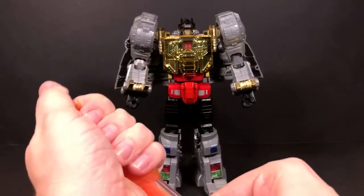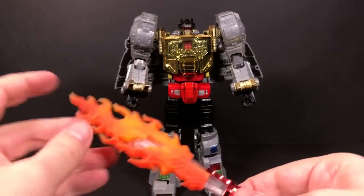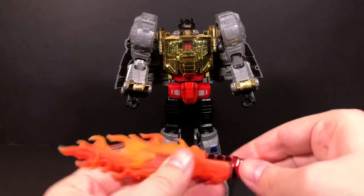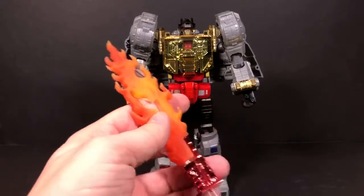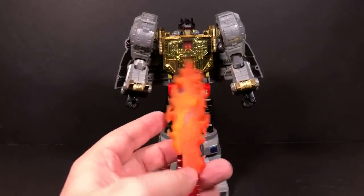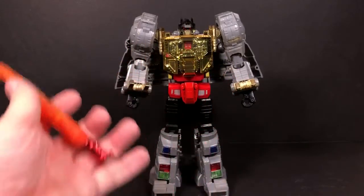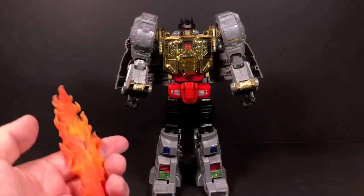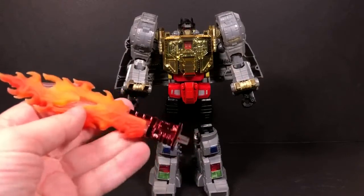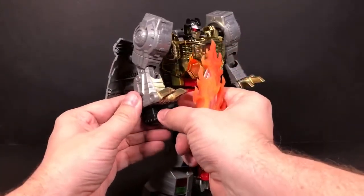and just use a little bit of force, and then once you get it past a certain point, it'll stay on. So it's nice. They have nice coloring on it and such. So I usually display them with this on there in this hand, and then this one in this hand. So for his abilities and stuff,